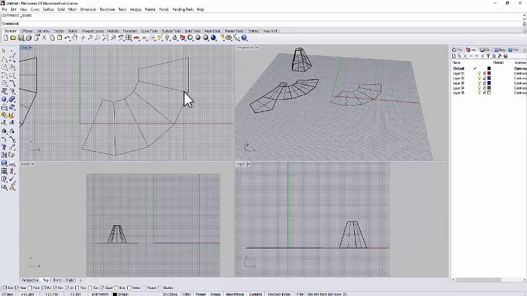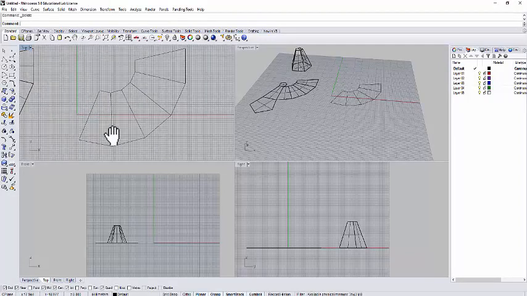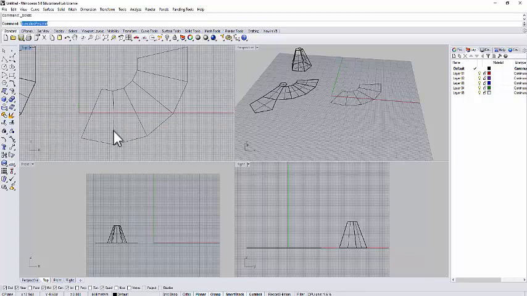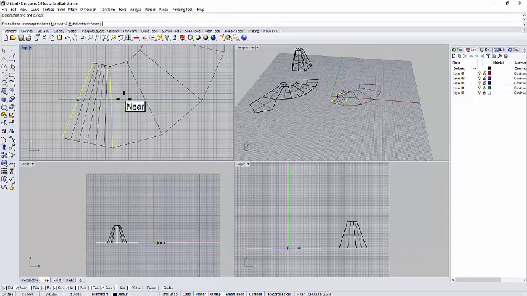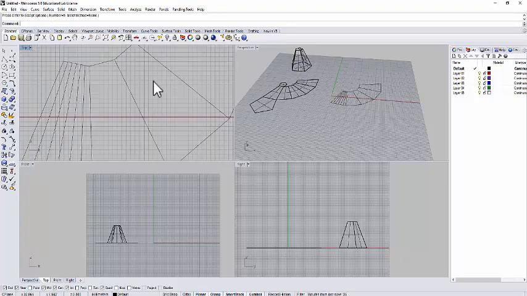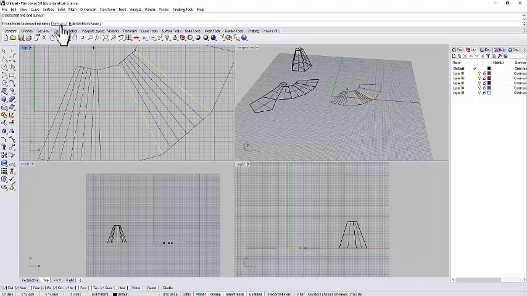Let's go back to this again. The next tool that I need to share with you is the TweenCurve. Type tween, which is here, TweenCurves. When it asks you for the start and the end curve, let's say for example I click this as the start and then this is my end, it will give me a straight one. Let me just press enter. Now let's try the other way around. Let me start and then end. You can see now it's like that. But if I click my end here,